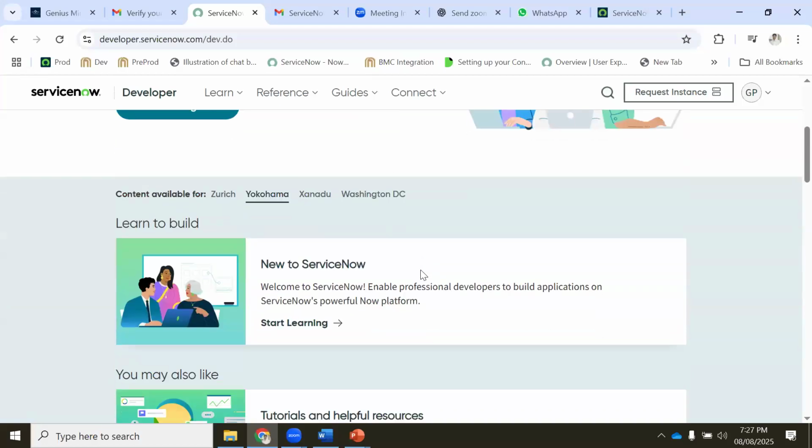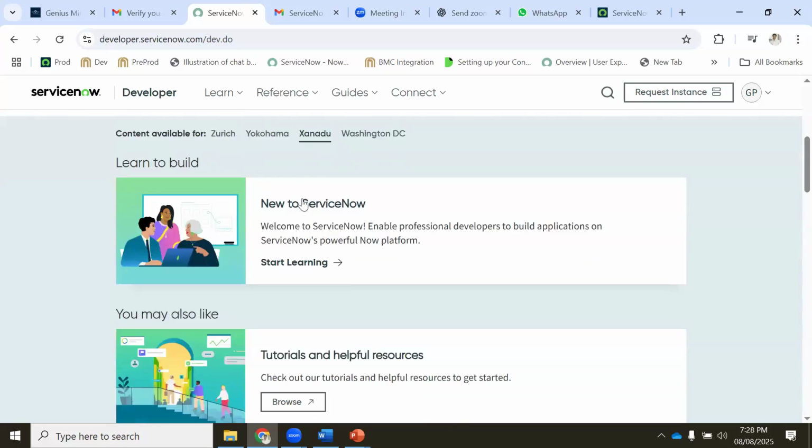So once you log in here, you have Zurich, which is the latest release. Then you have Yokohama as a release, then Xanadu, Washington. They always release versions alphabetically, so the last versions were X, Y, Z: Xanadu, then Yokohama, then Zurich. After that, maybe they will come up with different version names. At present, in my environment I'm using Xanadu.